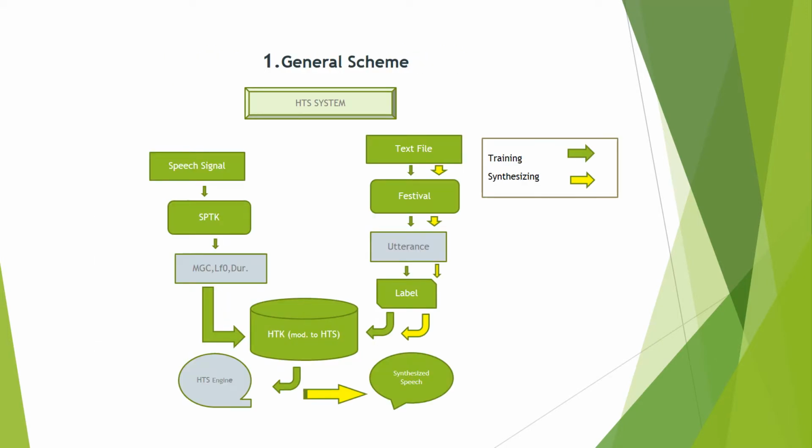Before speaking about the comparison between MFCC versus LSP, we're going to give a general scheme of how the system works. First of all, we need 4 different pieces of software. This is 1, this is 2, this is 3, and the last one here. First, we have a piece of software that decomposes the speech signal into 3 main elements. The software is called Speech Processing Toolkit, and the elements that the signal is going to be decomposed in are